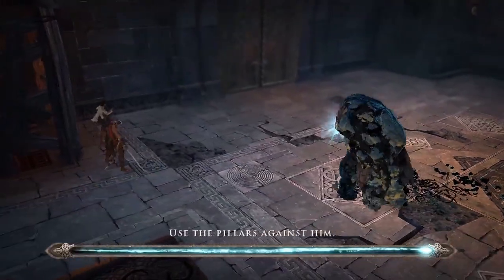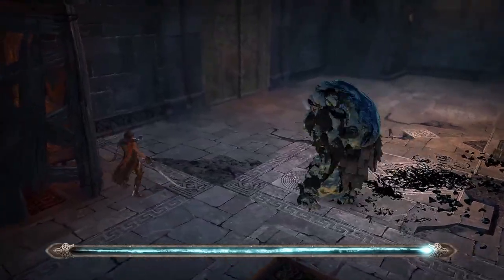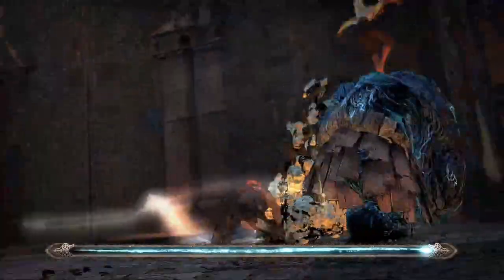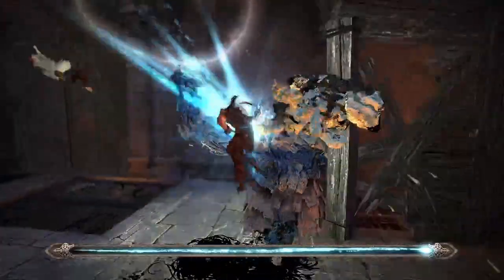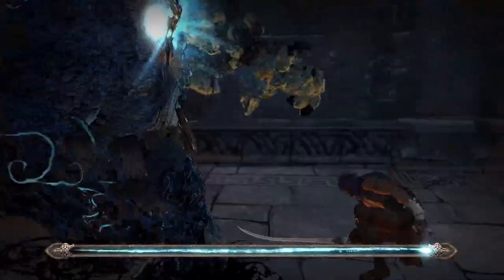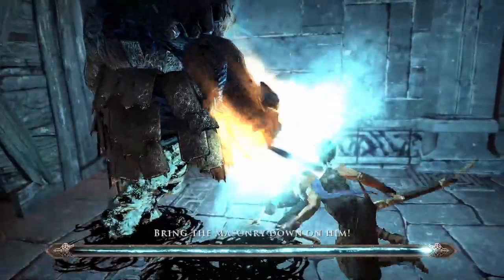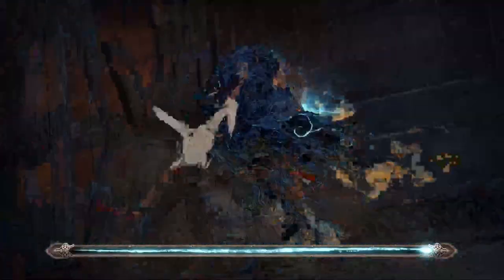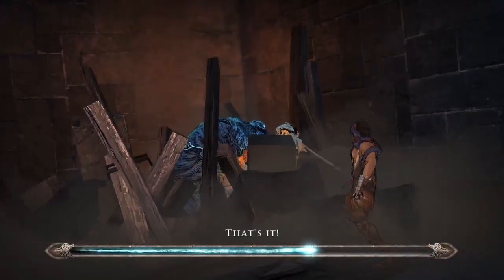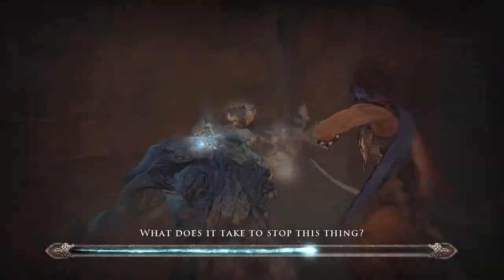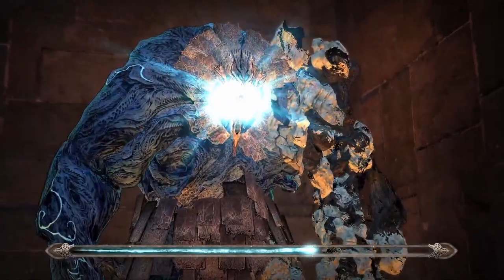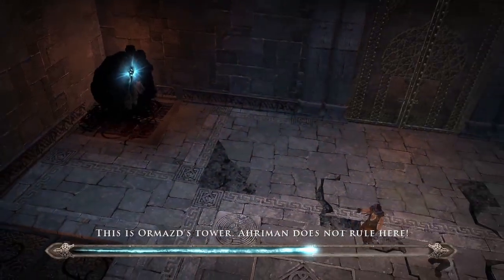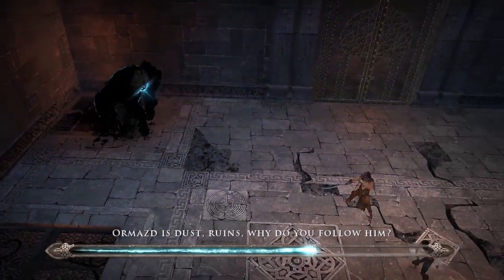Use the pillars against him! Bring the masonry down on him! This is Ormazd's tower. Ahriman does not rule here.